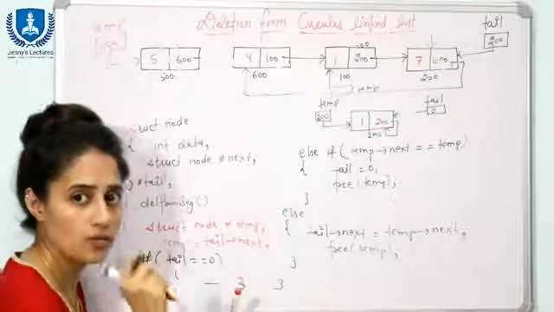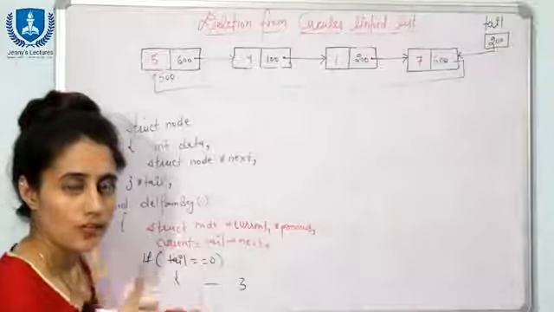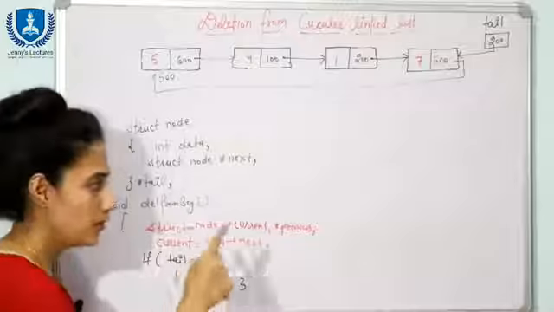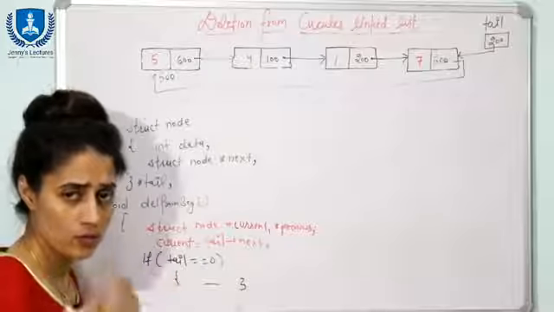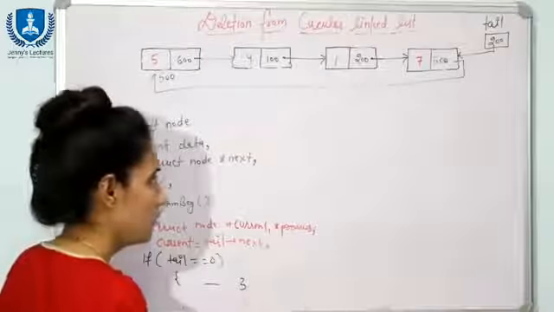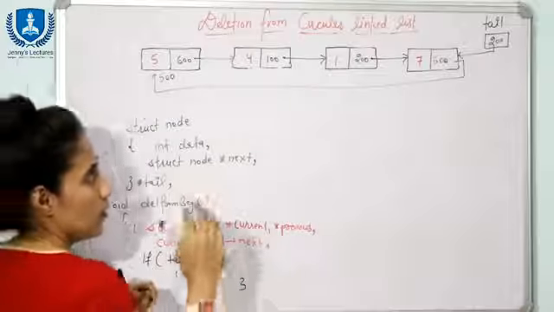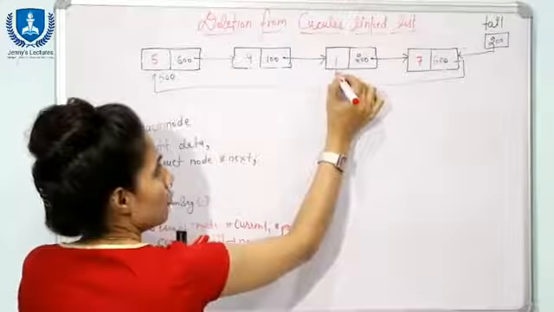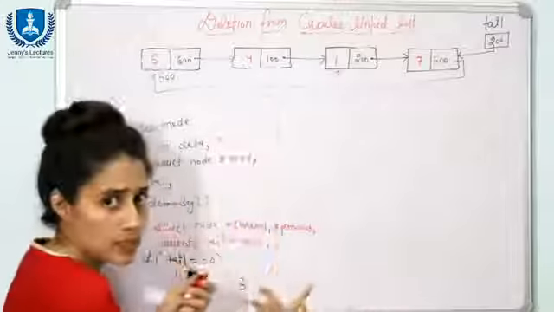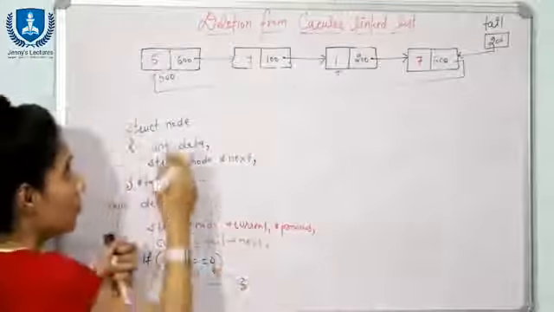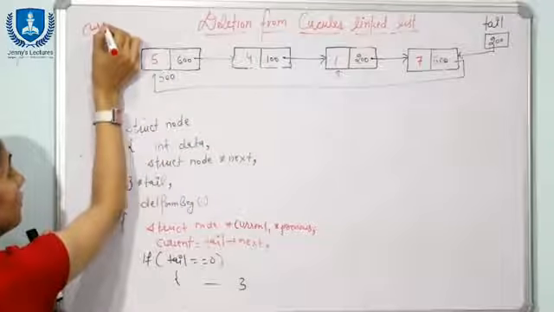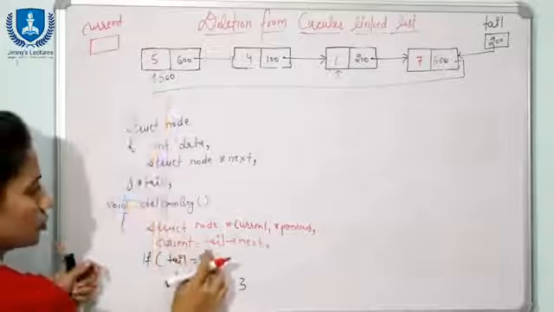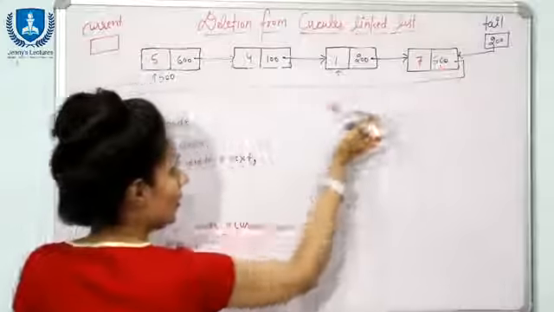Now see how you will write the code for this thing. So now see, here we will take 2 pointers. One is current pointer and one is previous pointer. Suppose the names are current and previous. You can take names as per your convenience, right? Temp or temp1, something like this. Now see, obviously to reach till here, because we need a pointer to this node also and to this node also, we have to traverse the list. So before traversing, first of all we have to set a pointer to this head node. Suppose we have set current is equal to tail next. So tail of next is having 500.